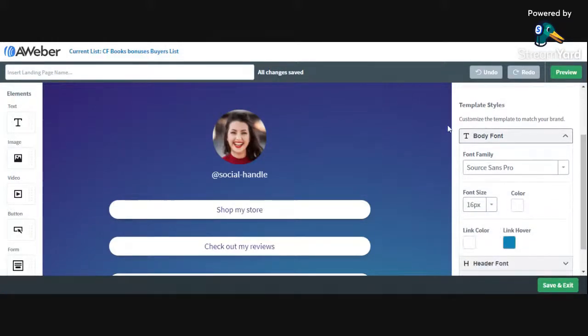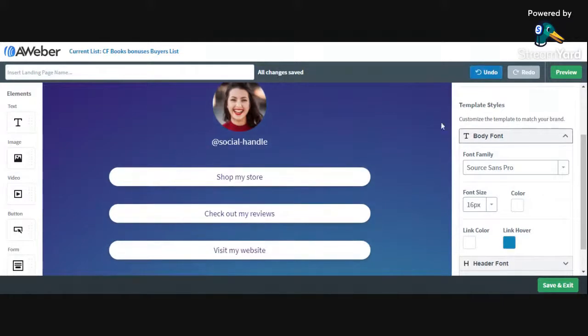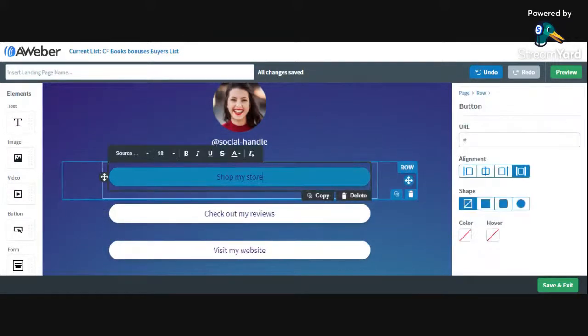This is like a link tree, right? You see all those people on Instagram who you click their bio and they take you to a link tree. You can have different options here. You can put, hey,